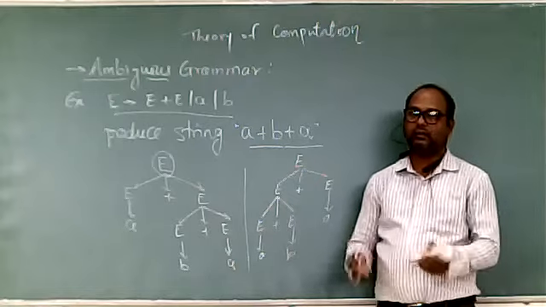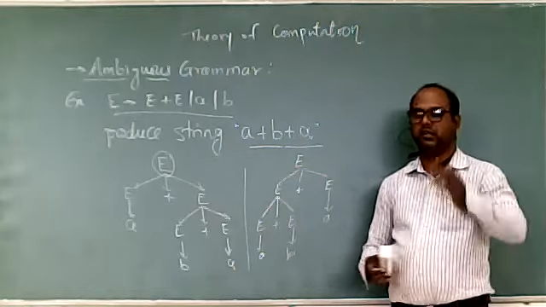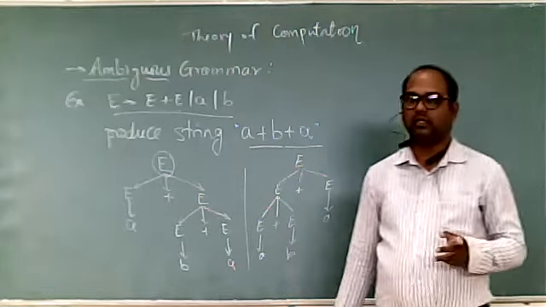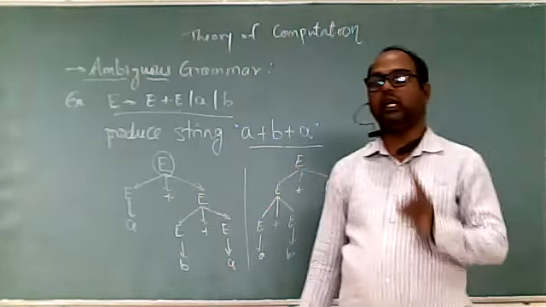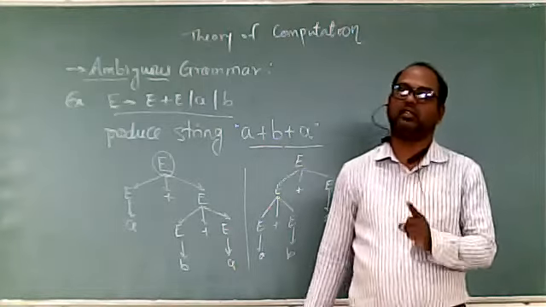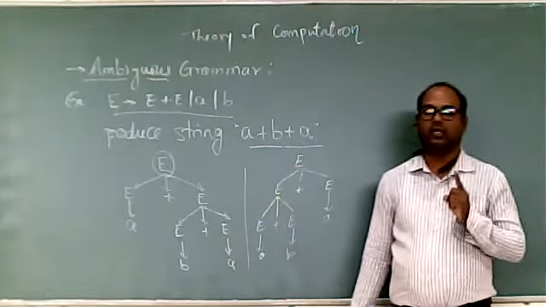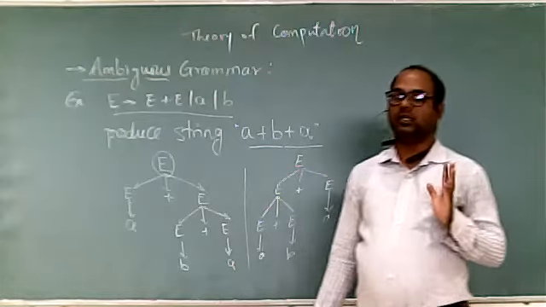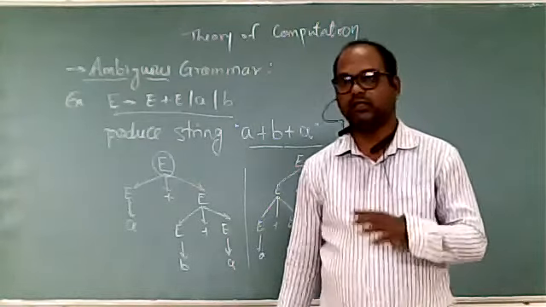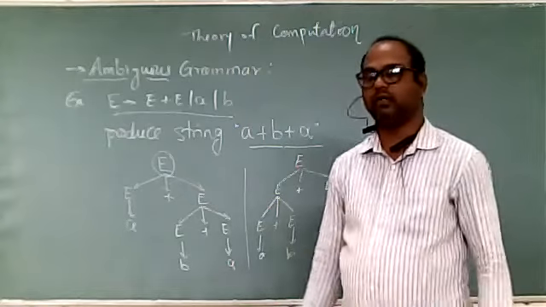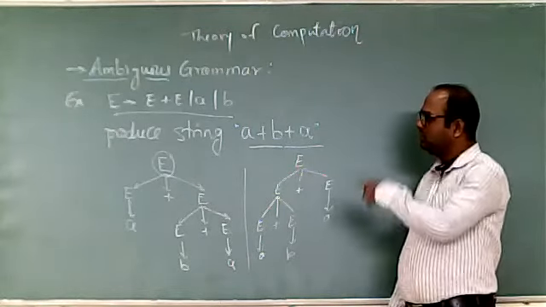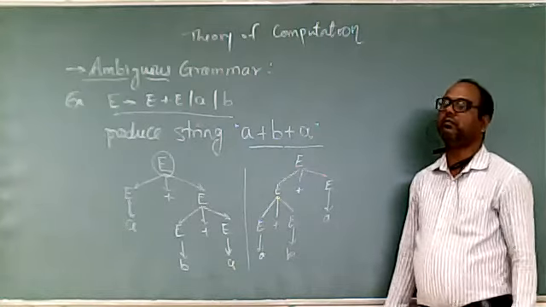So we can find an ambiguous grammar only after designing the parse tree. If the grammar is not ambiguous, we will get only one parse tree for one string. Remember, only one parse tree for one string with the help of the productions. But if it is ambiguous, yes, we may get two different parse trees for the same string. This is one example of an ambiguous grammar.